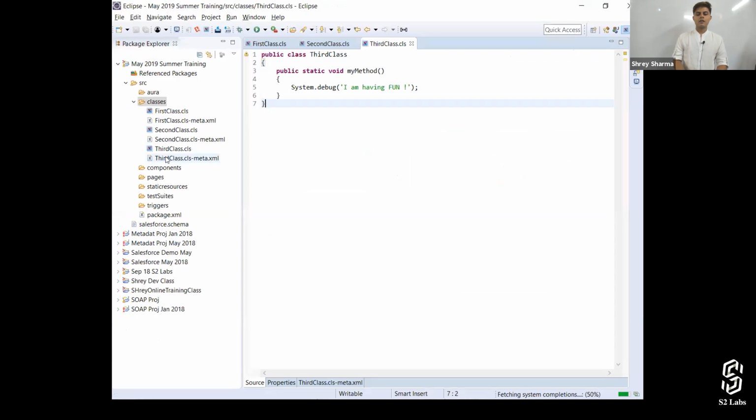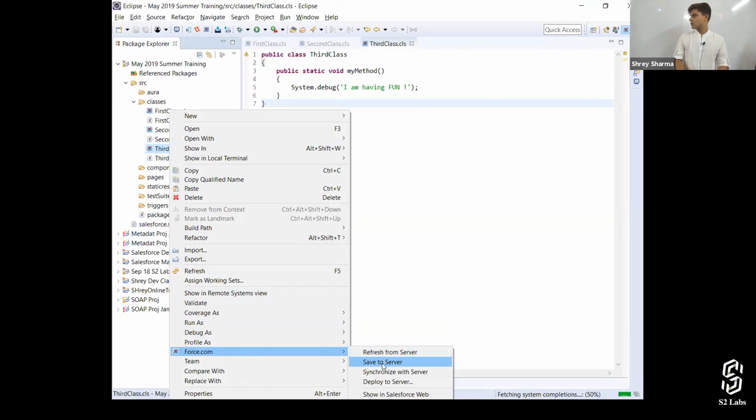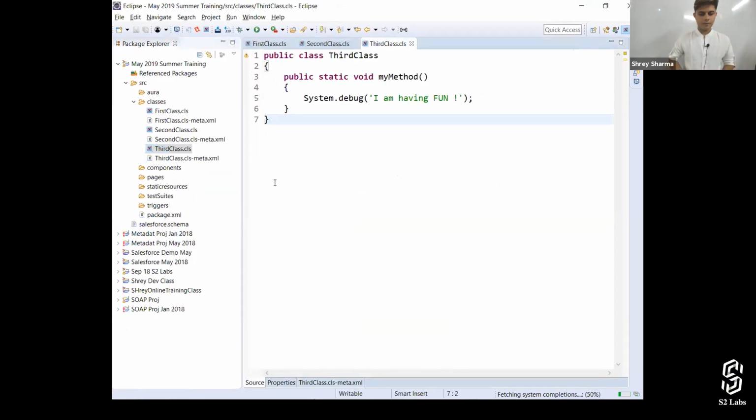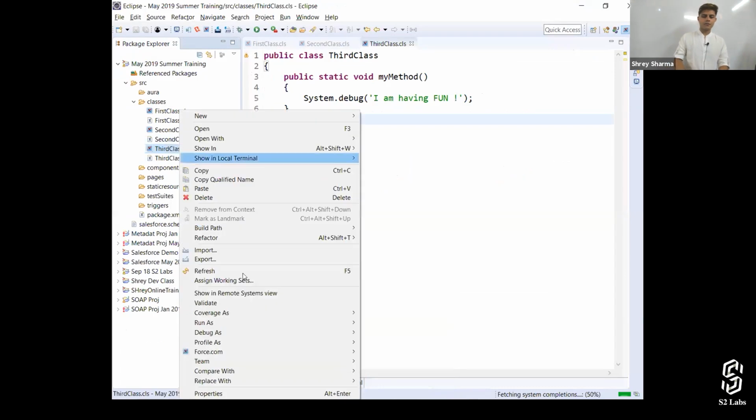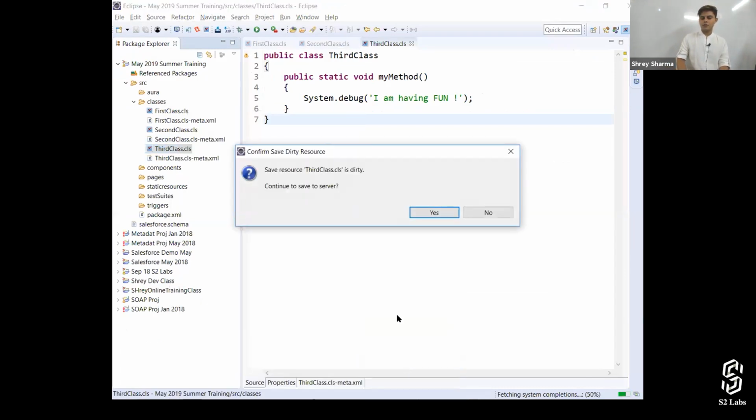We're going to go to this third class, right click, Force.com and save to server. All right, let me just, third class, Force.com, save to server. Save resource third class is dirty. Save to server.